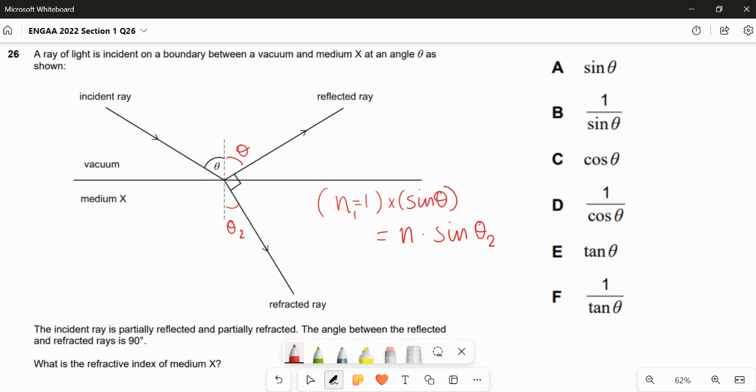This can be seen by the fact that the reflected ray is at angle theta to the normal. So this must be 90 minus theta, because the normal is normal to the boundary. And then that angle plus this angle make 90. So this must also be theta. And then again, using similar logic, theta 2 must equal 90 minus theta. So that means we have